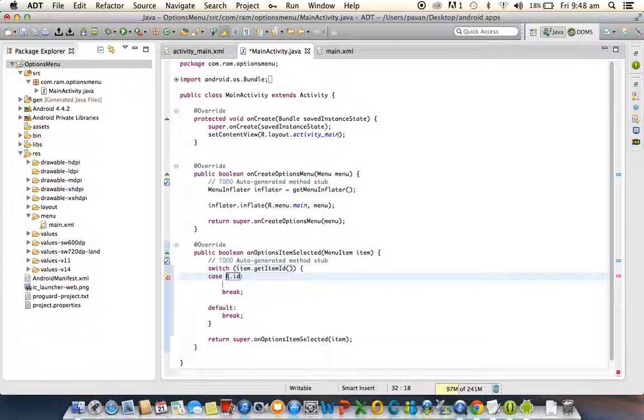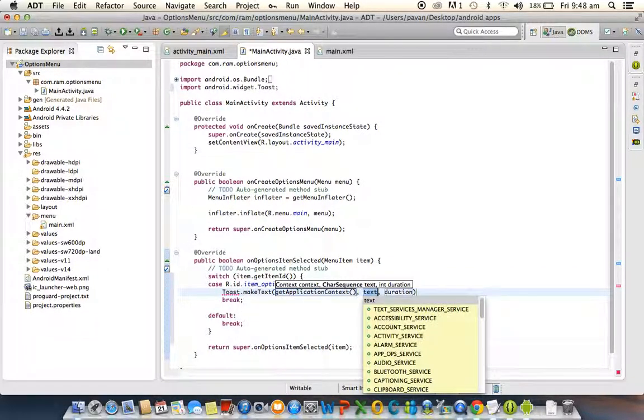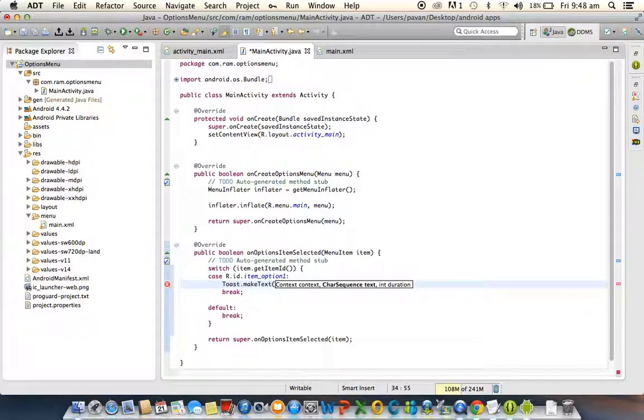So simply we are writing the cases R.id.item_option1, and Toast we are writing .makeText and option 1 selected, and duration is Toast.LENGTH_LONG .show.